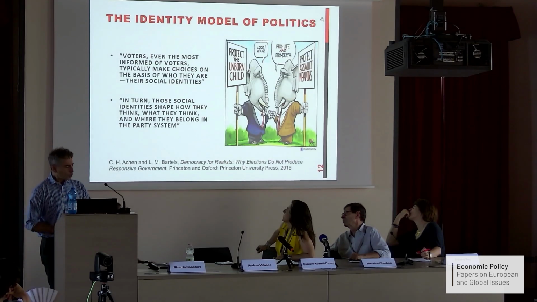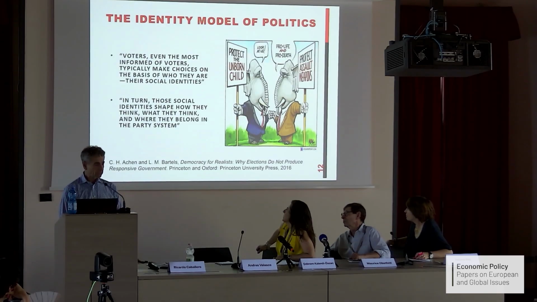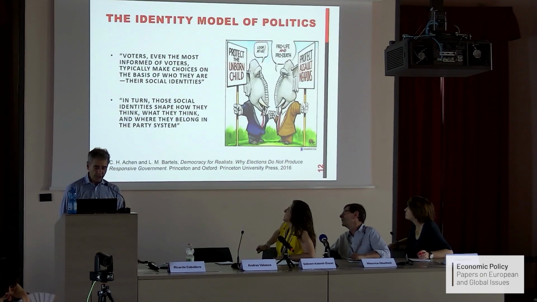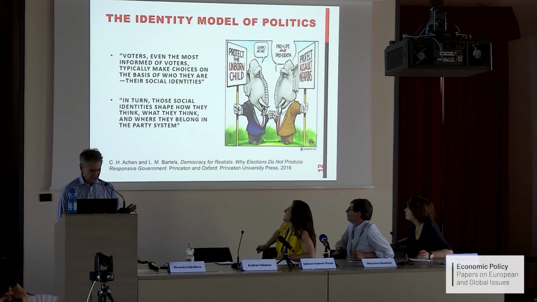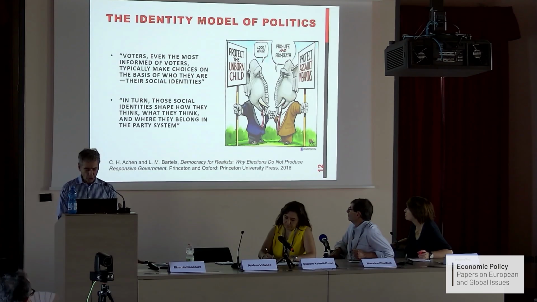There's a whole school of political science research which will tell you that this model of politics is simply wrong, conceptually wrong and also empirically wrong. And if you want a reading suggestion, people have been citing certain political scientists. I'm going to cite my favorite two Princeton guys, Chris Achen, I'm not sure how you pronounce his name, and Larry Bartels, who wrote a book called Democracy for Realists, which came out 10 years ago, Princeton University Press.